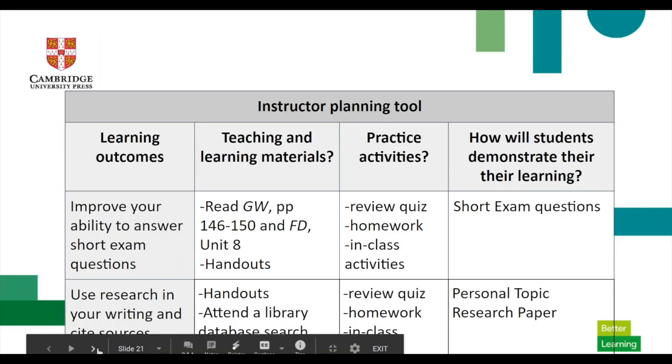So as we go along gathering materials, considering a variety of materials to incorporate into our courses, and identifying practice activities, I fill in this instructor planning tool so I can monitor that specific materials are meeting specific outcomes, and then I'm able to see that the practice activities align with how students will demonstrate their learning. So I go along and fill in this chart